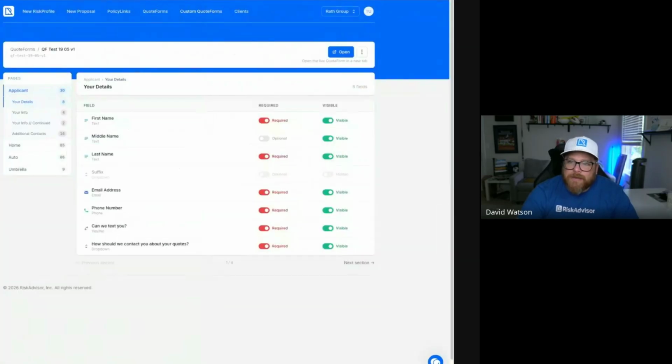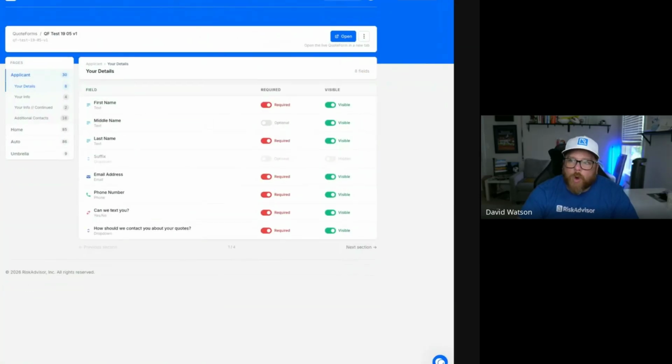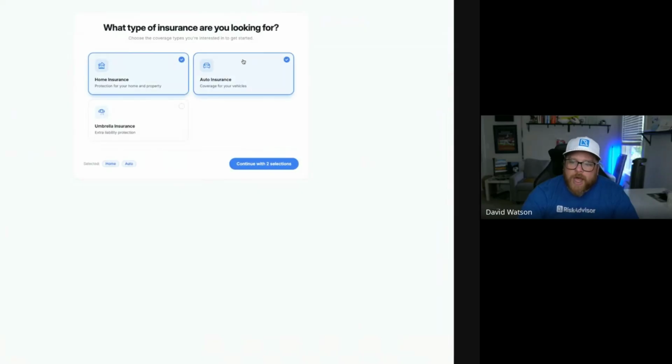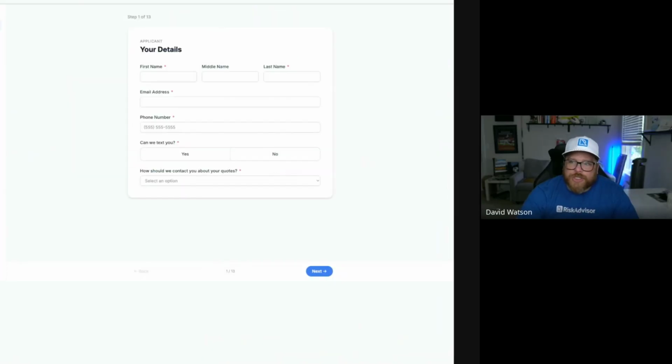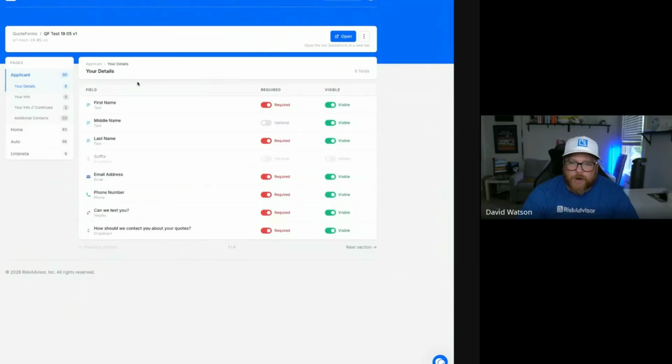This is not the final UI of what the new quote forms are going to look like. But the big thing that I wanted to point out is the breakdown of these different pages. It's still going to be focused on making sure that it's mobile friendly. If you want to add additional questions and have 20 questions on one page and the majority of these are filled out on a mobile, that's completely up to you. But we're going to set it up to keep these mobile friendly